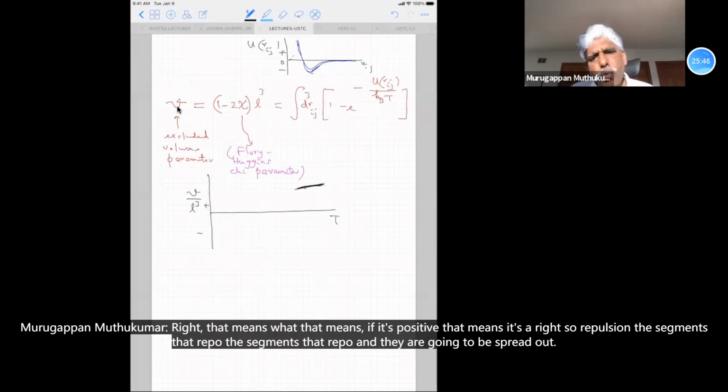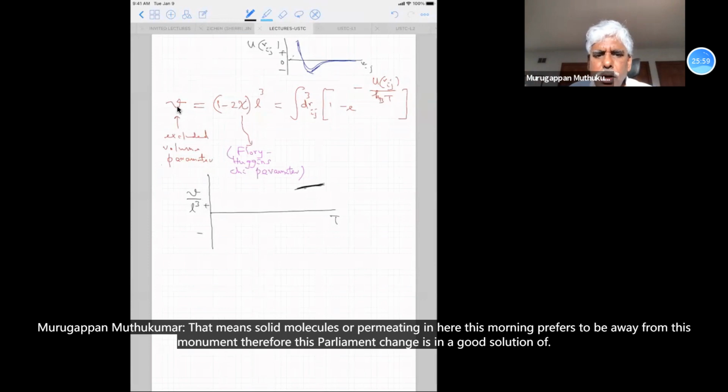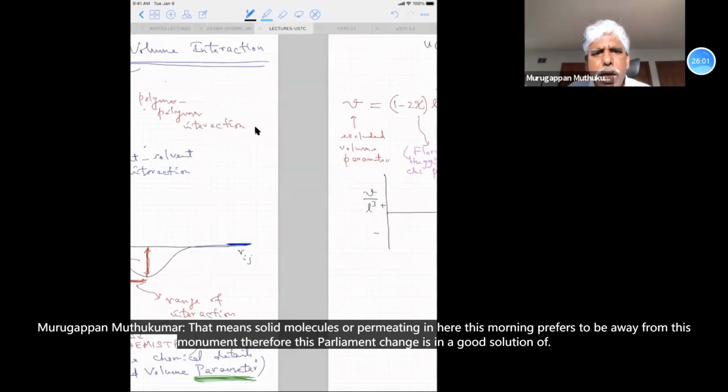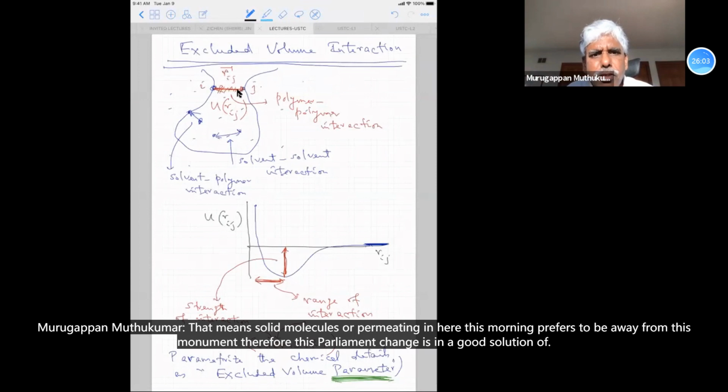Right? That means what? That means if it's positive, it's a repulsion. The segments repel. If the segments repel, then they are going to be spread out. That means solvent molecules are permeating in here. This monomer prefers to be away from this monomer. Therefore, this polymer chain is in a good solution of